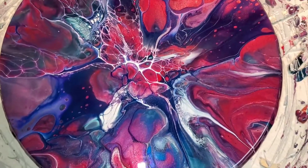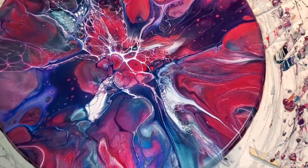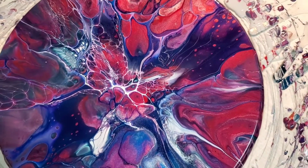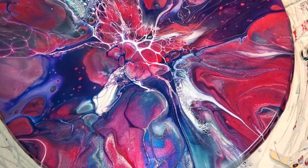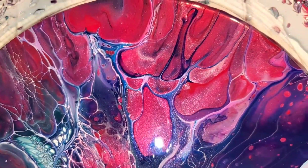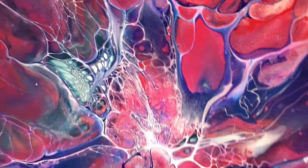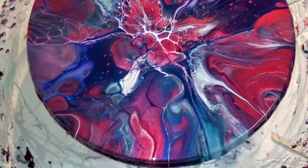Everyone, I still have a lot of bubbles and stuff to clean up, but I'm going to give you a close-up first. This was totally messed up by me blowing too much in the center first, which really messed up the blow with the hairdryer. But I just kind of kept going. What I should have done is just continued to blow it out myself. I mean, it's a record, so it would have been a good thing to practice on, but there's some globbies I need to get. But even though the composition's kind of wackadoo, I like the colors a lot,